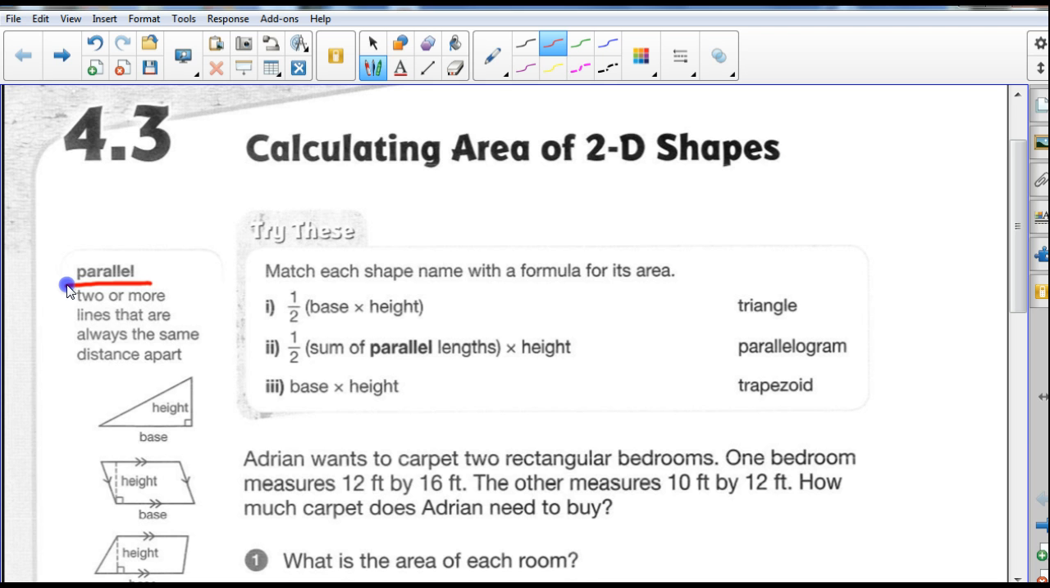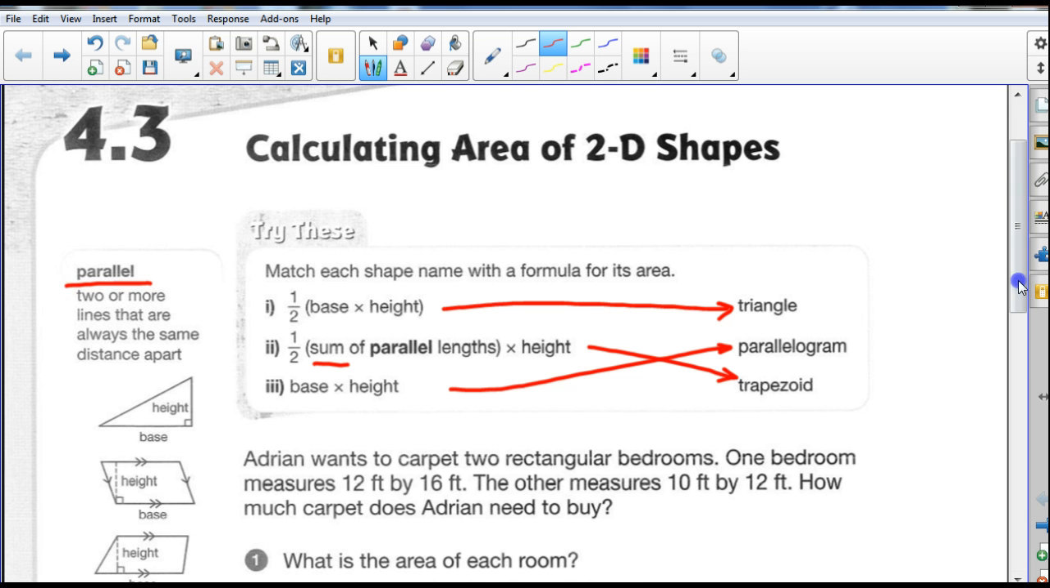All right, try these. Match each shape name with a formula for its area. Well, if you're not sure, you can always go to the back of the book where the formulas are. But I've got these memorized, so 1/2 base times height, that is the formula for a triangle. 1/2 the sum, which means to add, of the parallel lengths times the height, that's a trapezoid, and the base times the height, that is the formula for calculating the area of